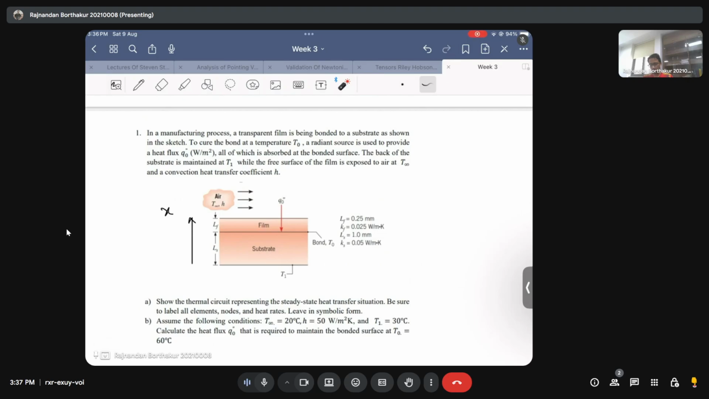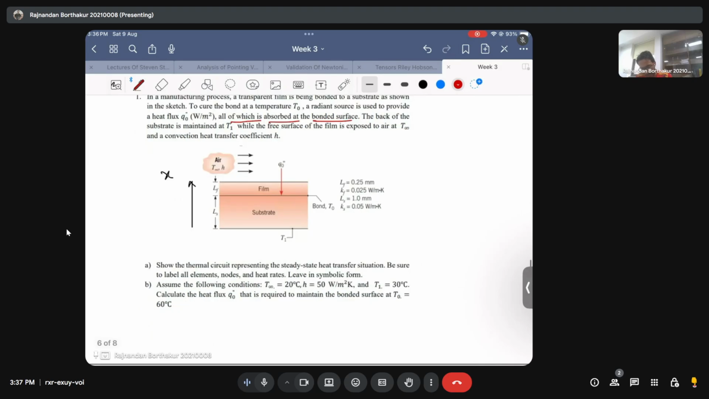So that's what they're asking. First of all, I will highlight the important parameters of interest. They are saying that one of the important things you need to understand is that all of the heat that you are providing is getting absorbed at the bonded surface. Then the temperature of the lower half of the substrate, or the back of the substrate, is at